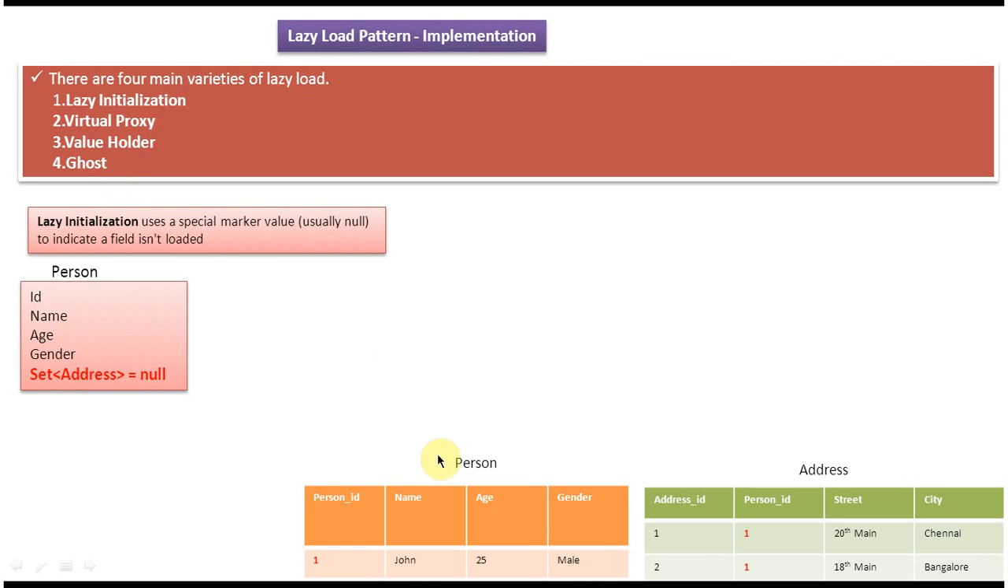And here you can see the person table and address table. One person has many addresses, okay, and the person class will look like this: ID, name, age, gender, and one person has many addresses, so a set of addresses. As per lazy initialization,